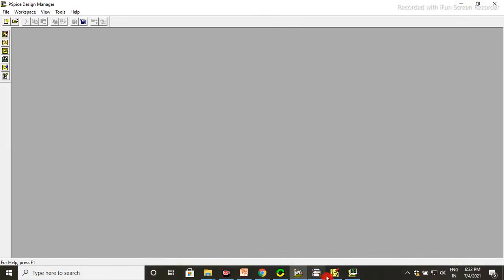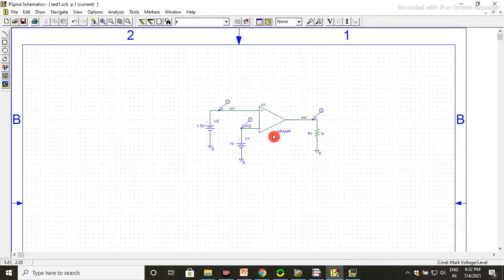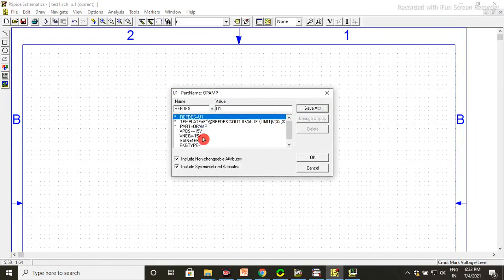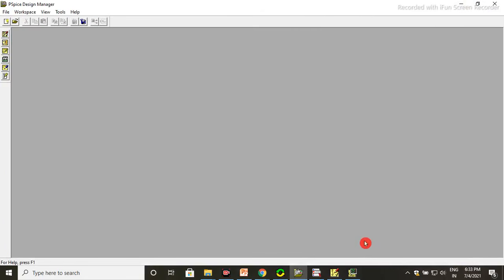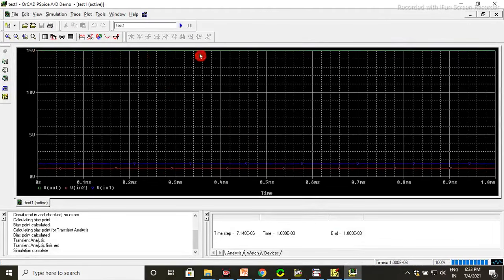Actually here is a confusion: what is the power supply voltage? For the op-amp, we do not put the voltage externally. The voltage source is internally connected. So we check how much voltage is here. Double click on this part. This part name is op-amp. V positive voltage is plus 15 volt and V negative voltage is minus 15 volt. So this is internally connected. So positive saturation voltage will be plus 15 volt, negative saturation voltage will be minus 15 volt. So this is the inverting and non-inverting voltage comparison. So output voltage will be positive saturation, so plus 15 volt.